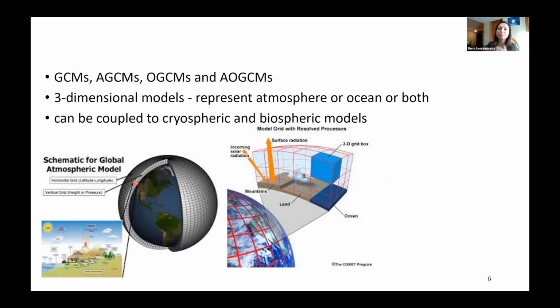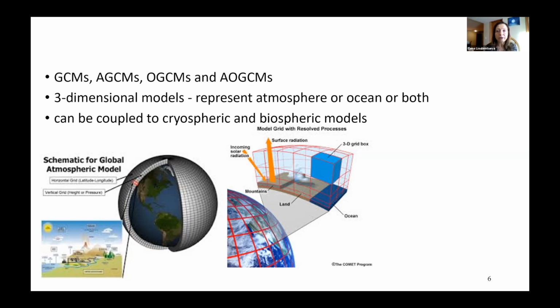So GCMs, or as they're called now AOGCMs, the atmosphere-ocean general circulation models, are all three-dimensional models. And you can think of the fourth dimension as time. And they very accurately compute all possible changes in the climate system literally for every given day, and they can calculate changes in the atmospheric parameters and changes in the ocean for every season, for differences between day and night. So they're very, very robust, and they're also coupled with cryospheric